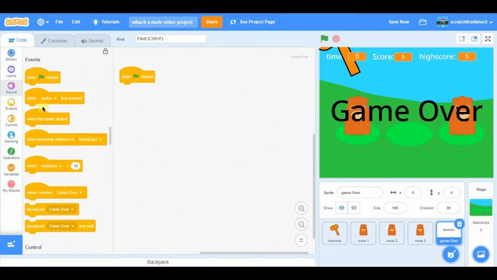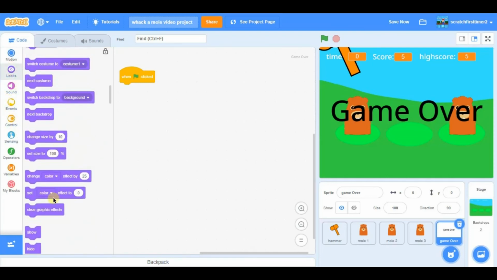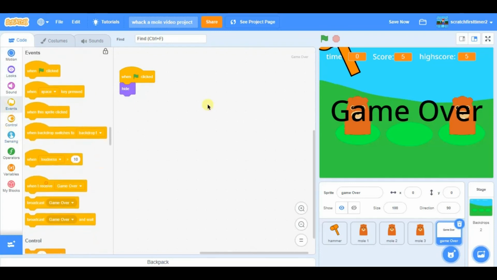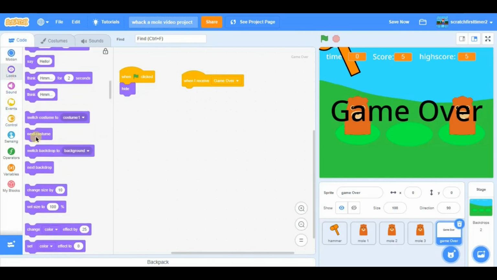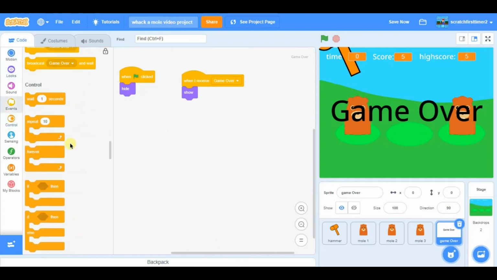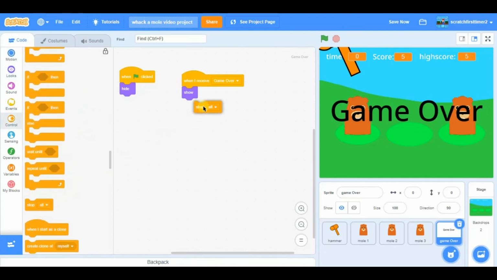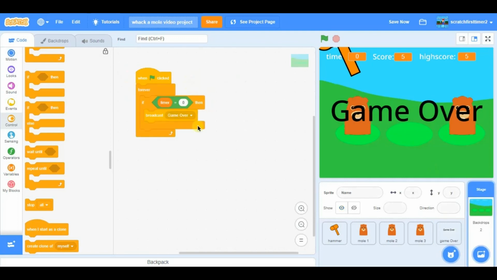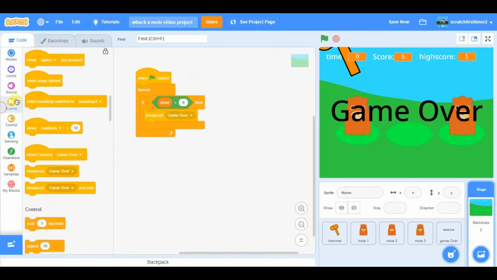When the green flag is clicked, go to looks and drag in hide. So now go to events and drag in when I receive message 1, go to looks and drag in show, and go to control and drag in stop all. Okay, we are not finished with it yet. Let's continue. Click on the backdrop and just go to events and drag in